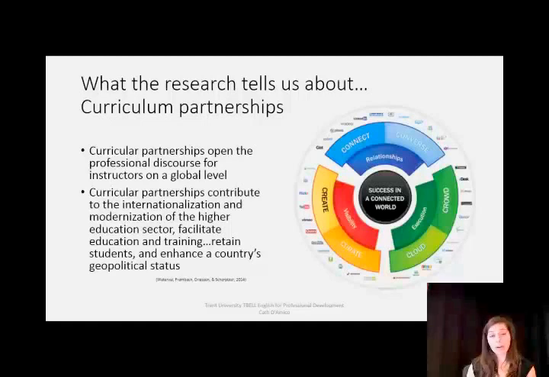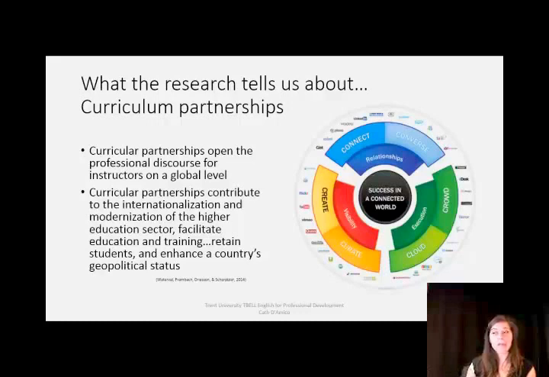So not only does it enhance your classroom experience and your classroom offerings through this rich dialogue, but of course it's also modernizing your university through internationalization, and it's offering opportunities and avenues for students to really consider new opportunities and new ventures around the world.